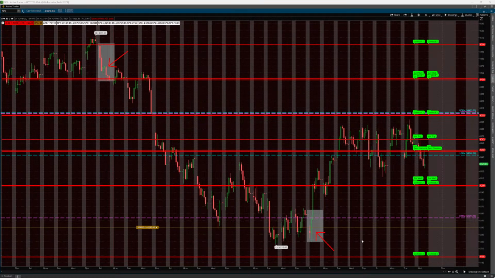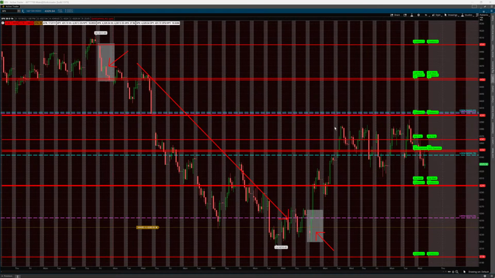So that seemed to spark a put Vanna rally in this very negative gamma environment at the beginning of October. After this sharp drop lower, negative gamma environment, and then